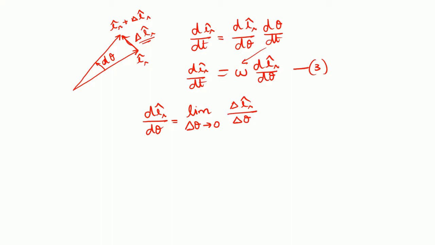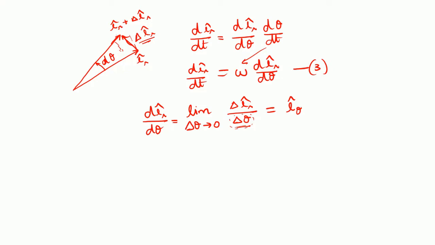Now when delta theta goes to 0, what would be this direction? Delta er will be in the direction perpendicular to er. I'll repeat it again. When delta theta goes to 0, this line will come close to this. Okay. What would be the direction of delta er? Delta er direction will be in the direction of e theta. Since this is a unit vector, we don't have to worry about the relative magnitude of this, because afterwards, to find the unit vector, we divide by the magnitude.